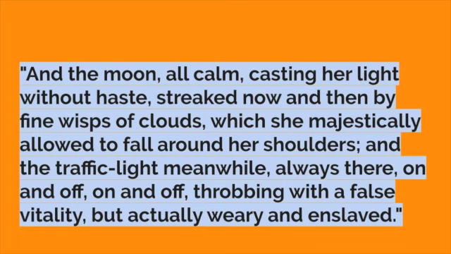So here's a sentence. And the moon, all calm, casting her light without haste, streaked now and then by fine wisps of clouds, which she majestically allowed to fall around her shoulders, and the light traffic light, meanwhile always there, on and off, throbbing with a false vitality that actually weary and enslaved. So this particular sentence is one single sentence, but what we're going to work with is how this writer kind of creates it, forms it, and then why it's a good sentence to kind of put in your tool bag